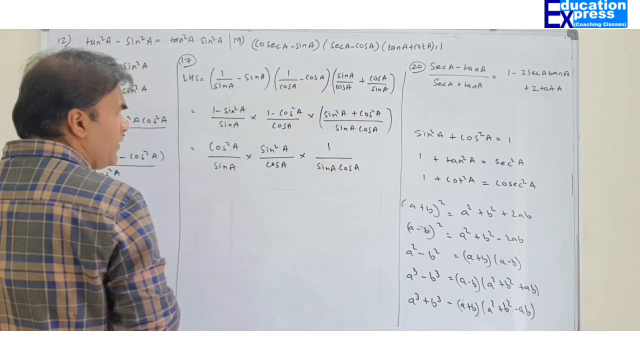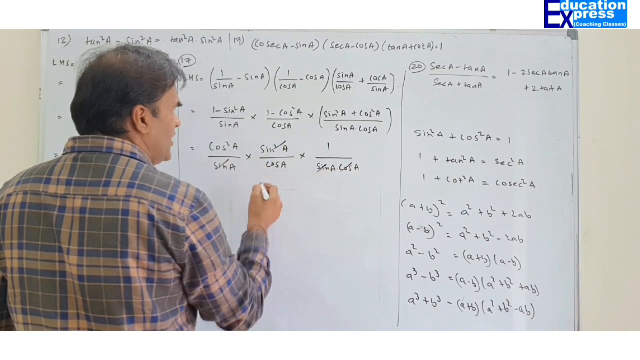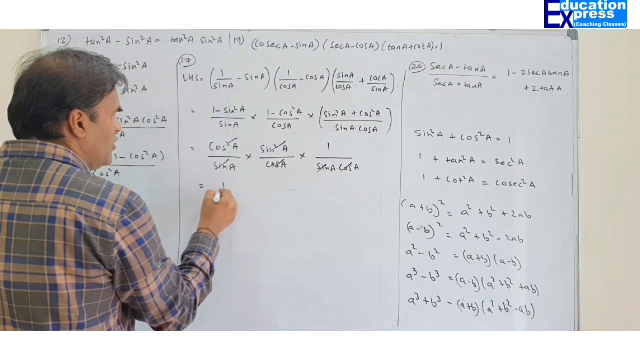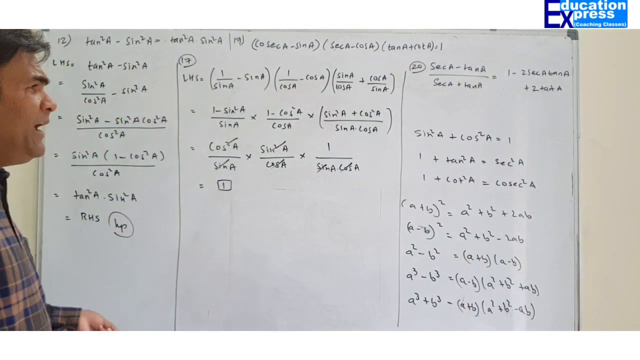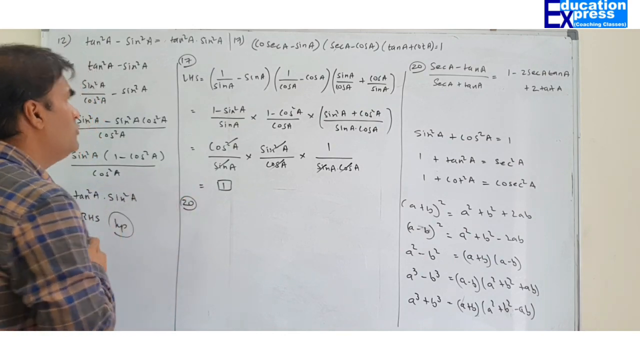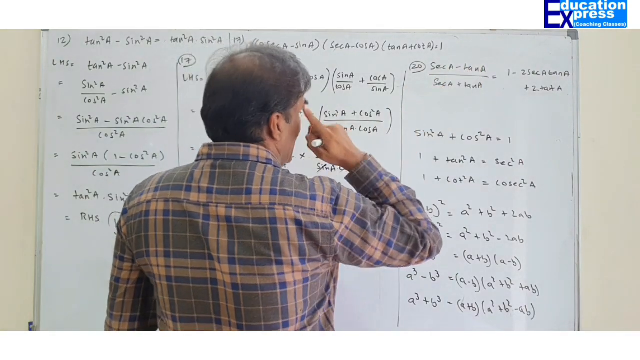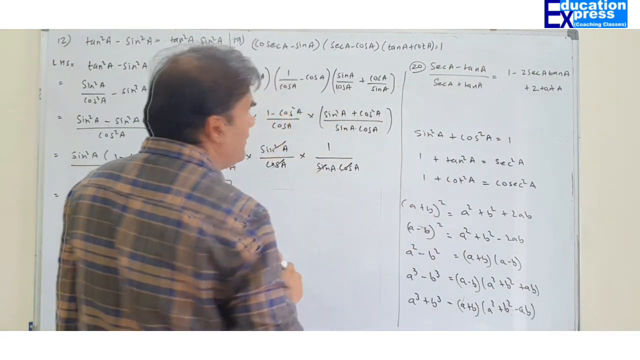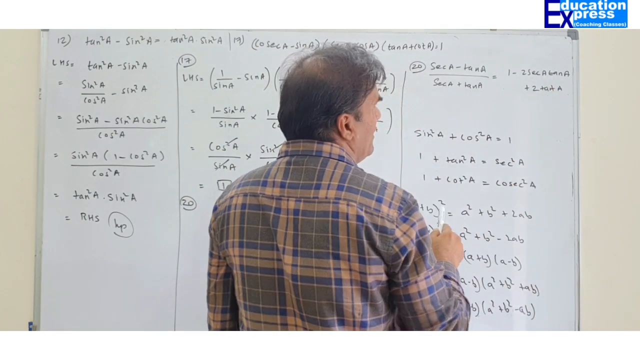Now have a look. Sir, sine A into sine A, sine square A. Cos A into cos A, cos square A. So the final answer is 1. Quite simple, man. These questions are very, very simple. Let us move on to question number 20. Sec A minus tan A, sec A plus tan A equals 1 minus 2 sec A tan A plus